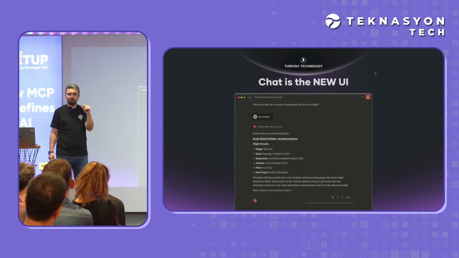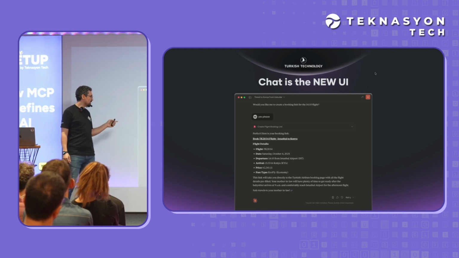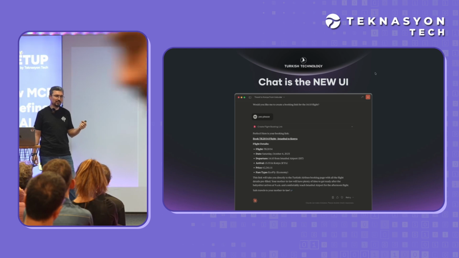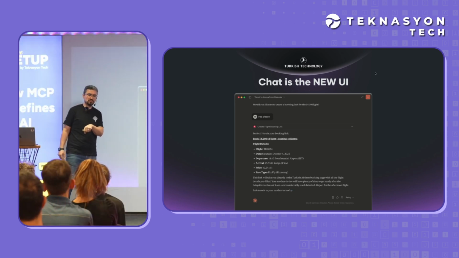So instead of paying 500 more, it cleverly picked a flight 1 hour later so that she can catch it easier. And after that, using our MCP, we can create a booking link that you can use to book directly through our